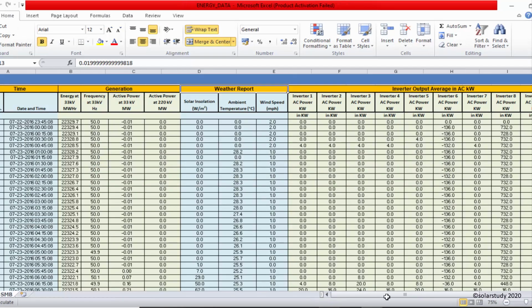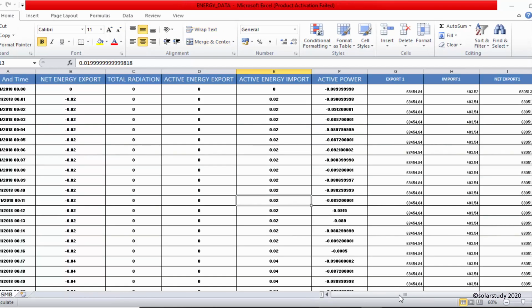Wait a second, let's open it. Yes. So now in this one you can see this is also the same kind of interface, but the modification is different. It contains only one data. Okay,